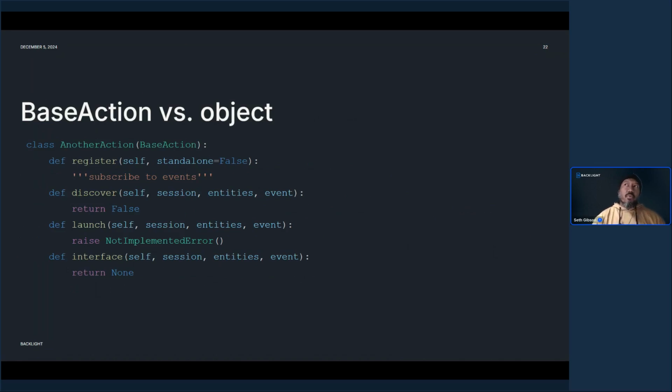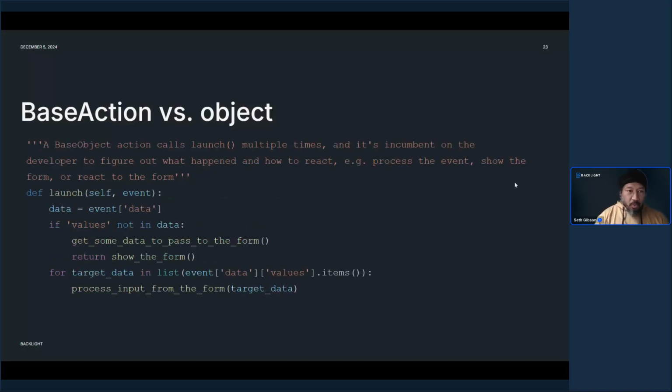You are correct. Now, why do we need to do this? Well, the answer lies in how the launch method gets called if we're using just our object-instantiated action. Because launch gets called multiple times, in the object-based case, launch gets called to show the form, and launch gets called to process the input. Since that's all in one method, we have to add some branches to check and see